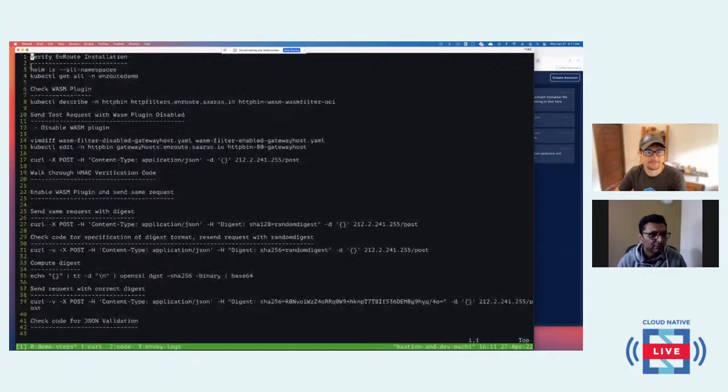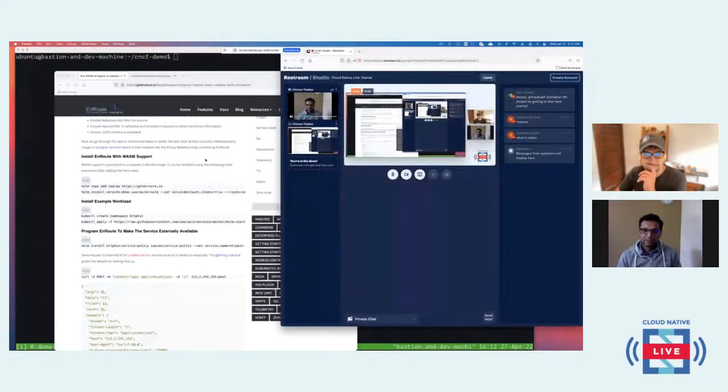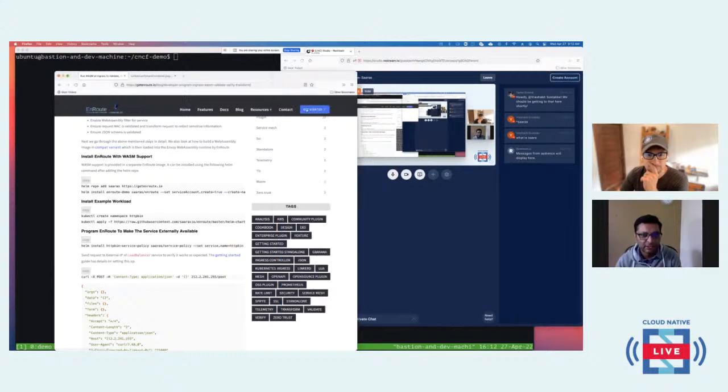But for the sake of this session, we won't go into the installation of EnRoute. It's fairly well documented on the website, but you can assume that when you have a Kubernetes cluster, you can install an Ingress on top of it, and then you can expose a service, which is again very well documented. So let's go over some of those steps by looking at how the installation looks. The installation is fairly straightforward, and there is a lot of detail. So if you go to the website on the getting started,